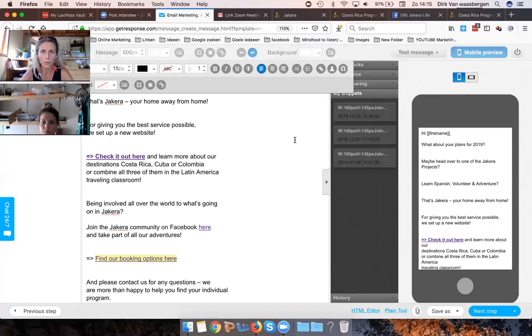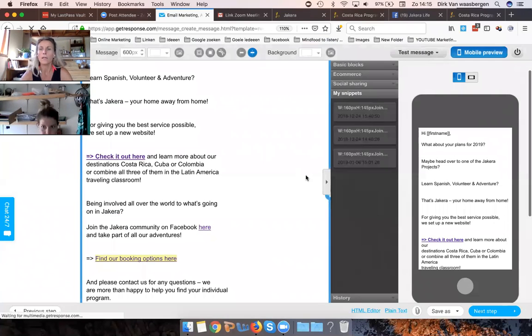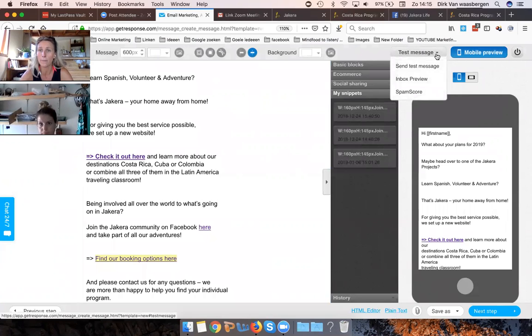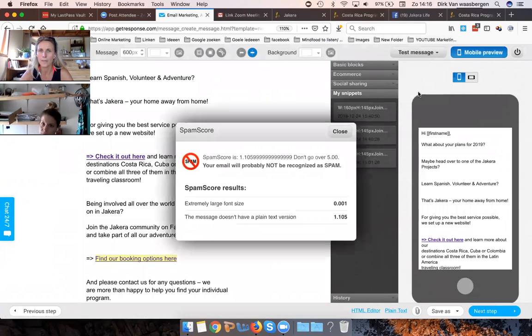Now you'll have to go to, let me click this away. Yeah, now we have to do a step. Don't ask me why, it's just do it. You'll have to click plain text. First of all, I'm going to show you. You're going to check the spam score. So go to text message. This pops up. Scroll down. Click spam score. You're going to see it's